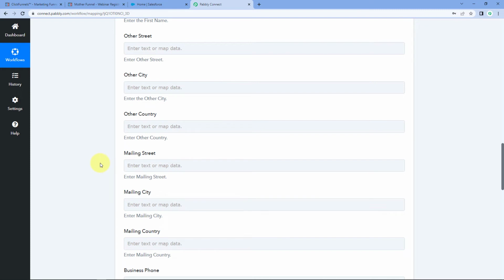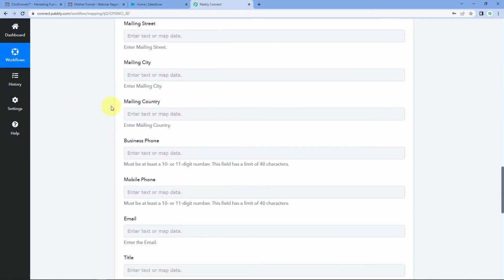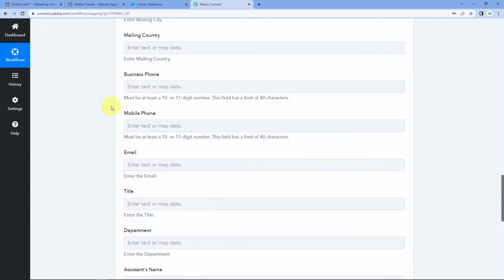So we are going to ignore these fields for now, as well as we haven't received this data of new contact from ClickFunnels in Pabbly Connect. That's why we also can't map it over here right now. So just ignore these not so mandatory, not so important fields just for now, and then it comes a field